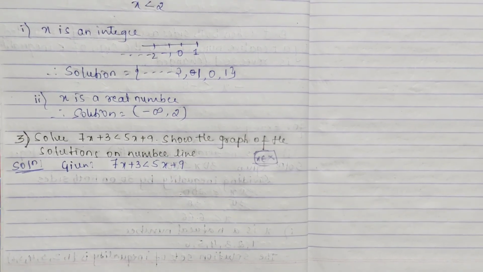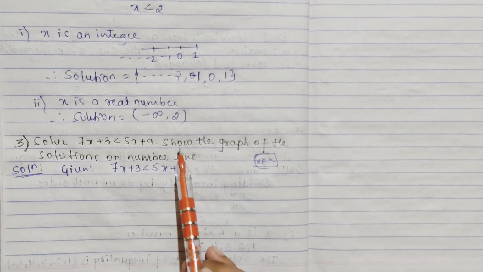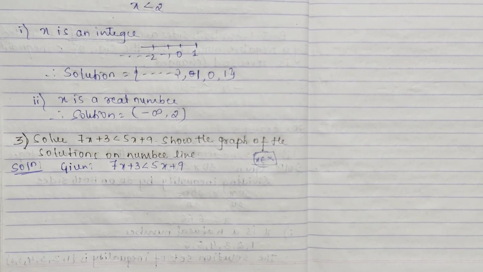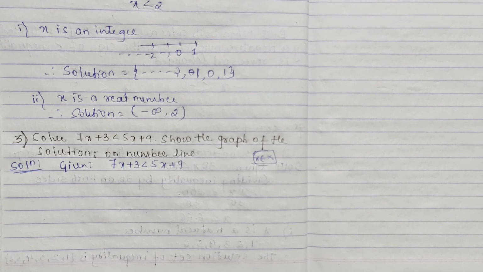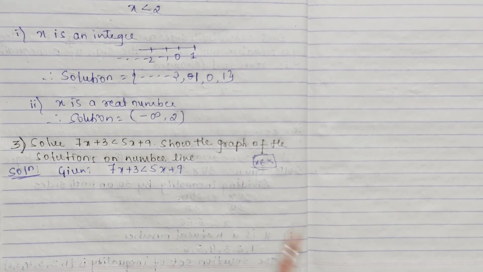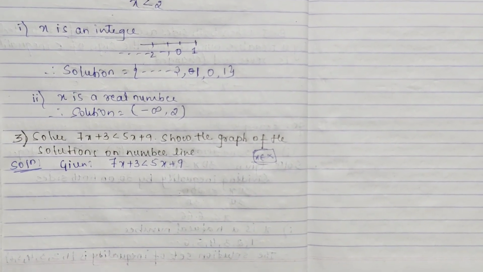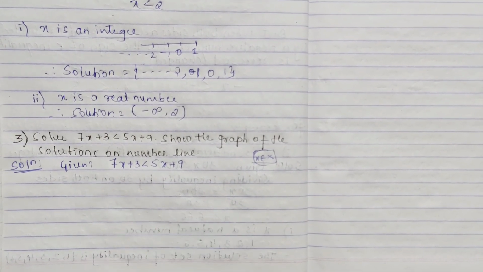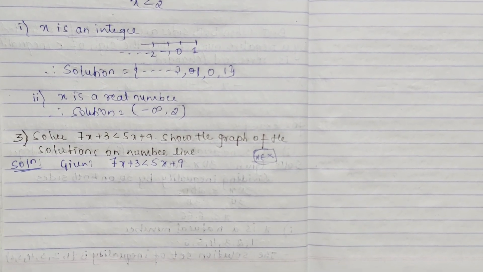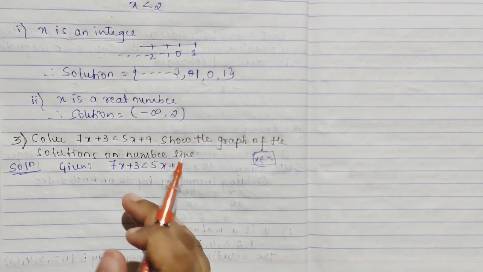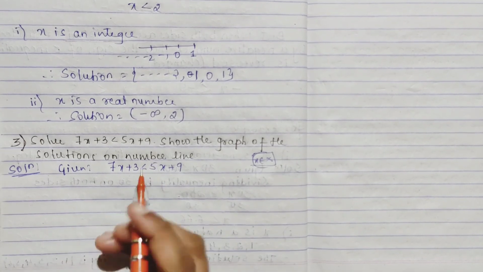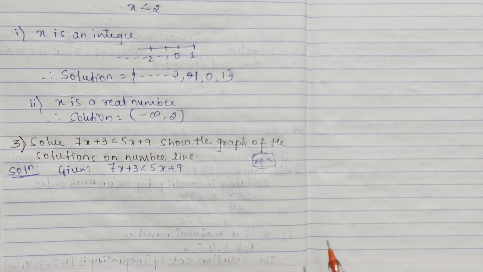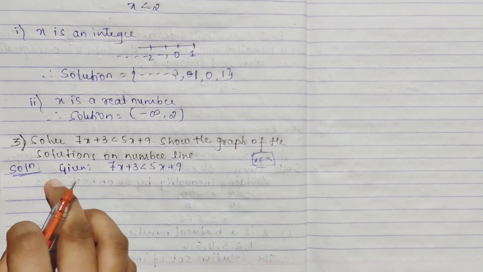Along with that, something extra is given: show the graph of the solutions on the number line. So whatever solution we get, we should show on the number line. First we'll solve it. It's not necessary to write all the sentences I said, like subtract, I was writing them just for your understanding. If you don't write them, it is well and good. If you do it directly, it's okay, but if you mention it, mention it on both sides, like subtracting 5x on both sides.